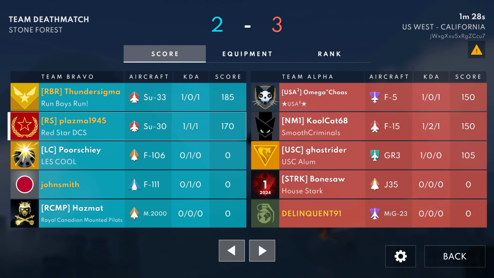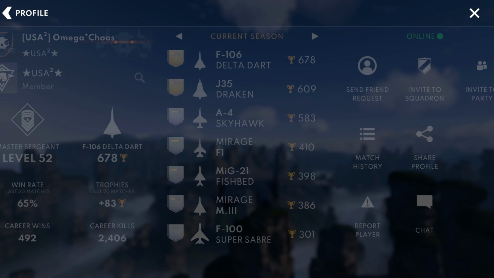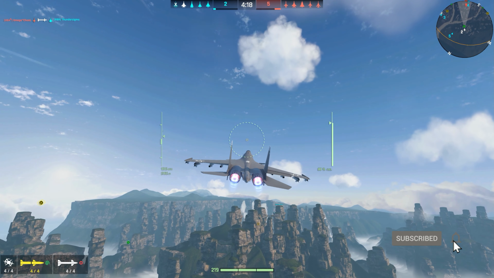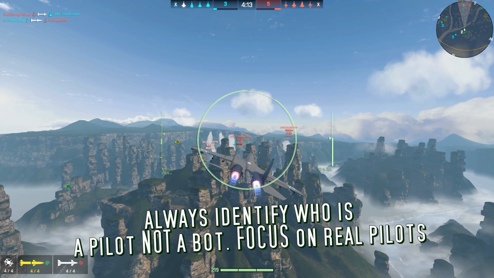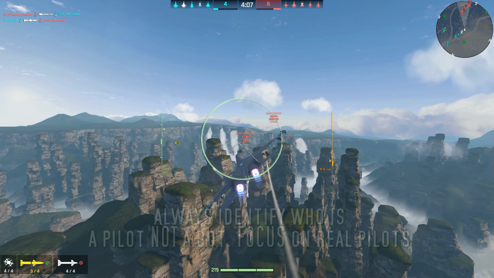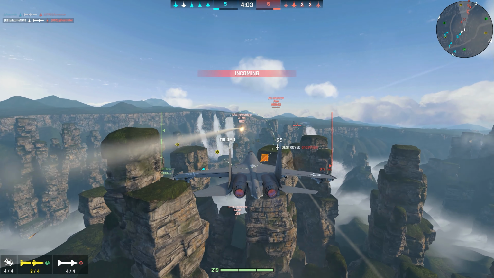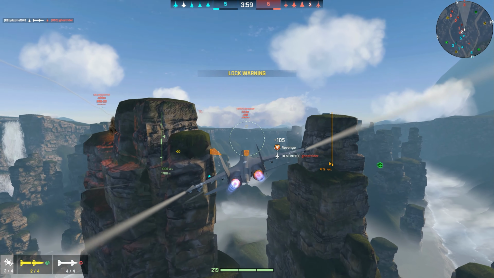Let's check the enemy side. Enemy pilots. Primary target is either the F-5 or the F-15. Those are the real pilots, so we have to suppress those. The other guys could be bots. We don't care. Primary goal is to knock out any real pilots. If there's an easy opportunity shot on an enemy, we'll take it, but